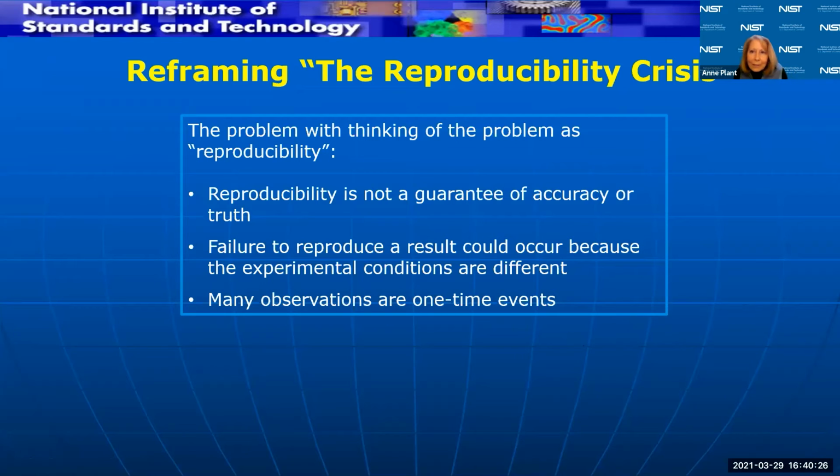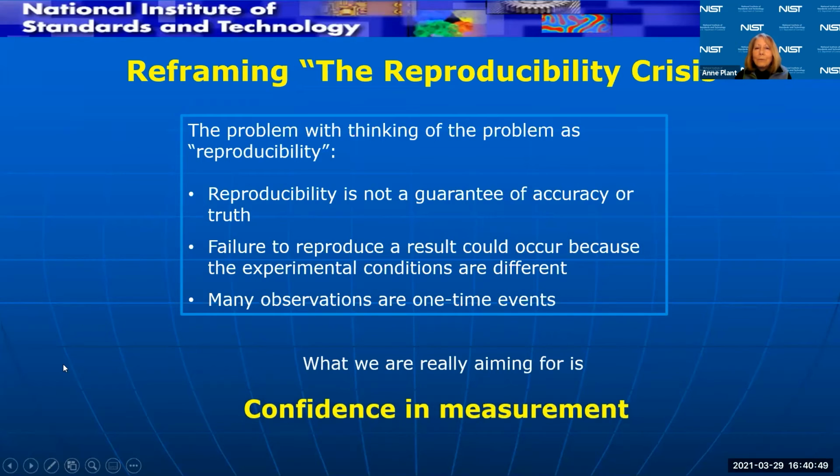And now you're learning something about the experimental conditions. It's not that you have done something wrong. And also, many observations are one-time events. You're not going to reproduce a hurricane to be exactly the same thing, or a volcano eruption. So there has to be some option here to just thinking about reproducibility as being the most important thing.